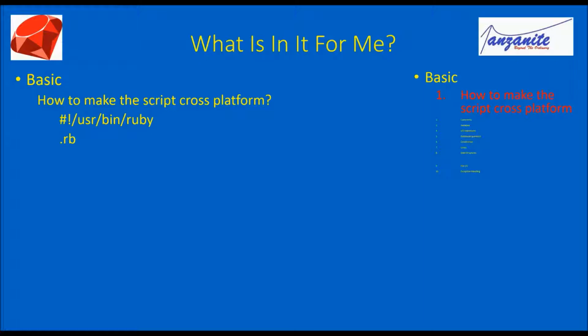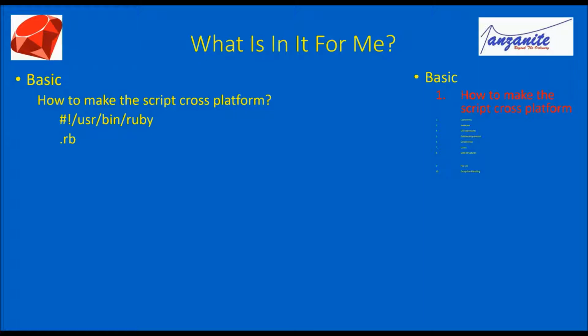When you're working with cross-platform scripts, we have Perl, Python, TCL, Ruby, all these are cross-platform scripts. And these cross-platform scripting languages allow you to take care that your application is written on one box and you can execute it on